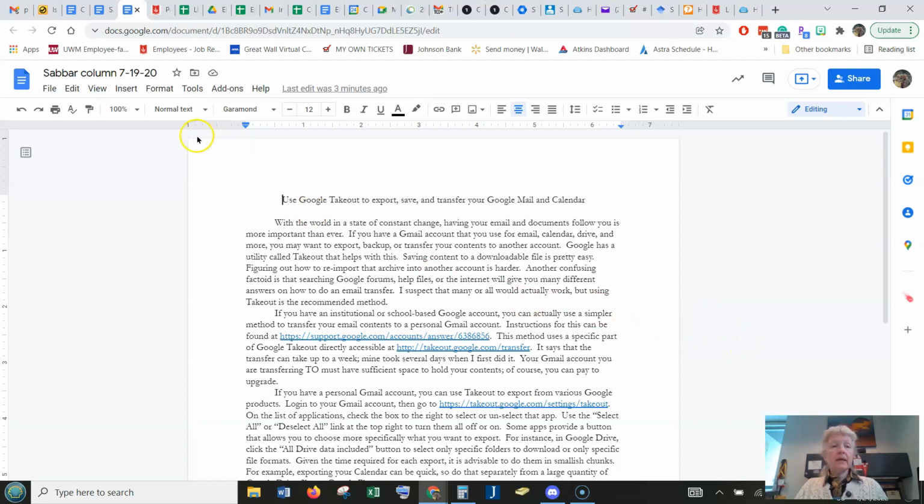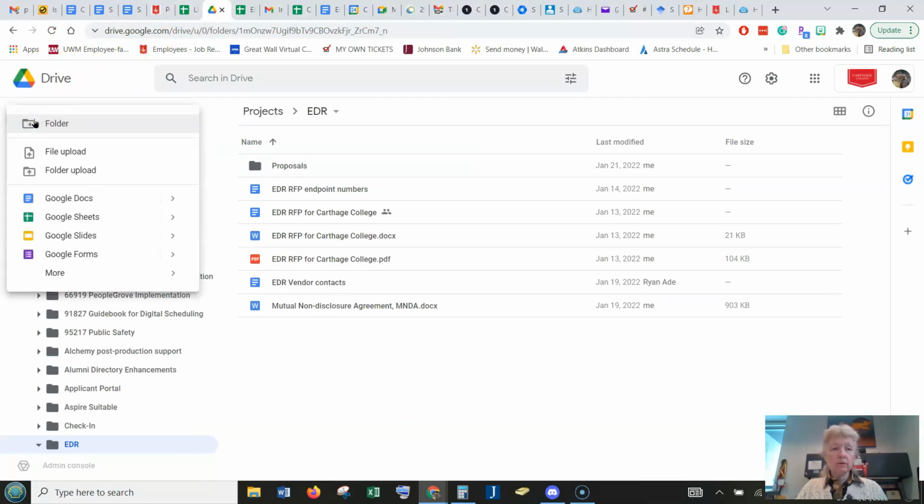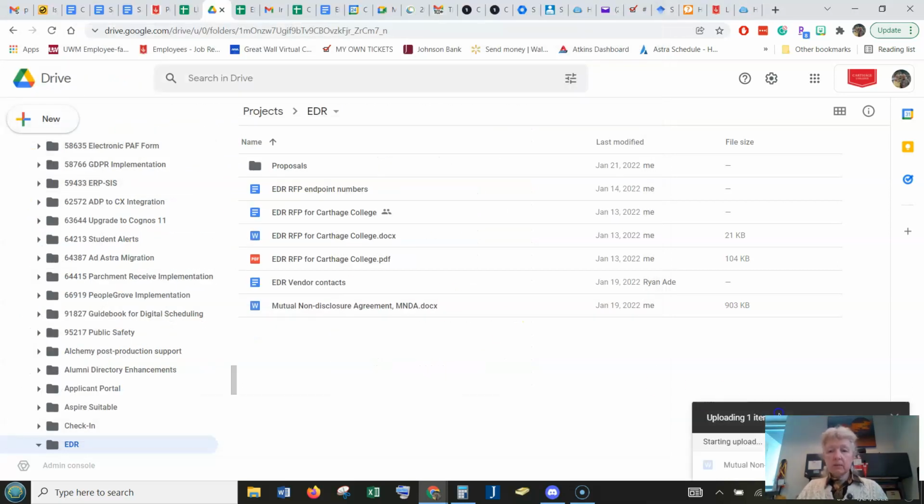All right. If you have a Word document that you want to upload and make into a Google Doc, you can easily go to your Google Drive, and you're going to say New, and you're going to go to File Upload, and you're going to look in, for example, your Downloads folder or wherever it is, and you're going to grab this Word document that's here, double click on it,